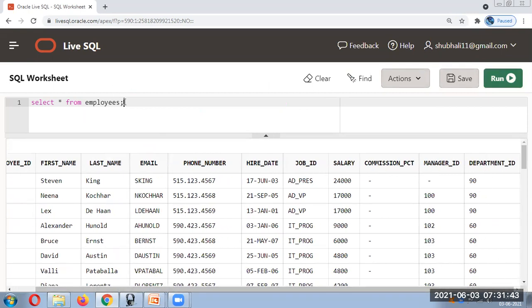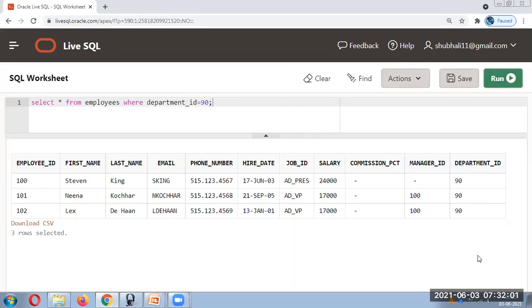So we can mention over there a where clause. Where stands for filtering of data, where we can say department ID is equal to 90. Okay, so here if you run this, we'll get the data only for department ID 90.